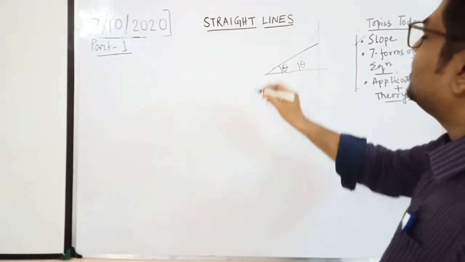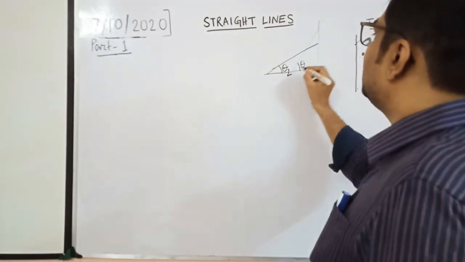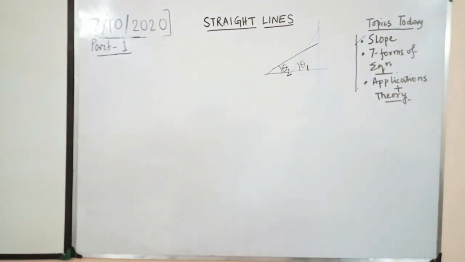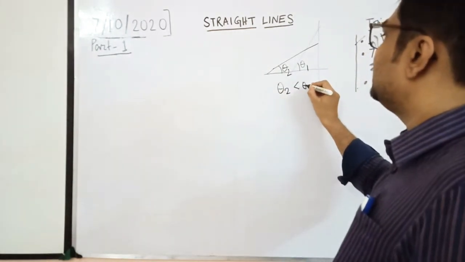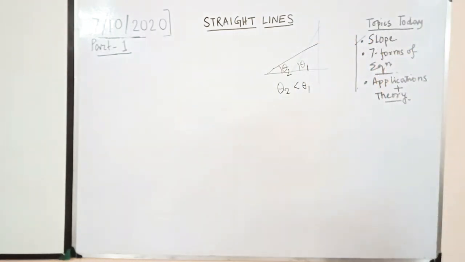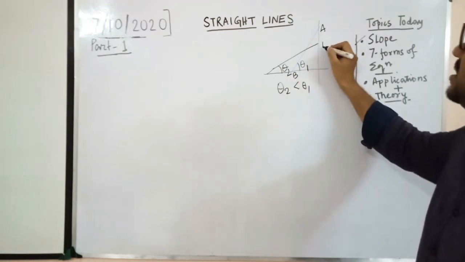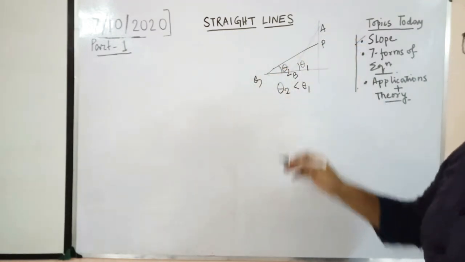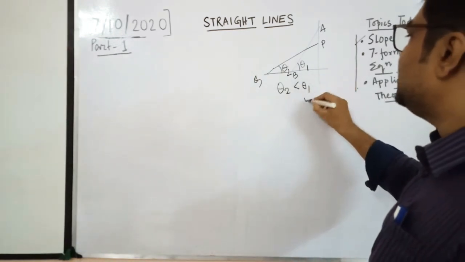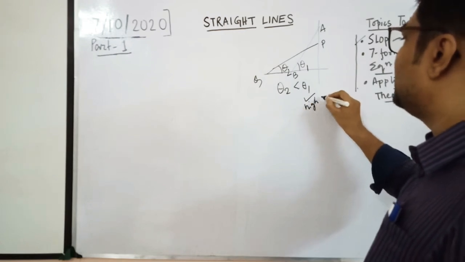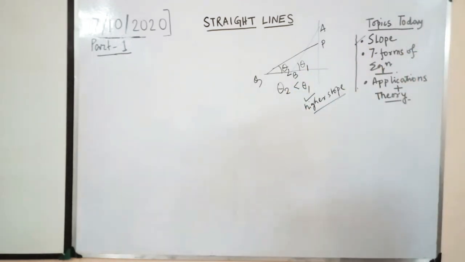So actually it falls down like this. So this is a different theta. If it is theta 1, this is theta 2. You can see here that theta 2 is lesser than theta 1. Theta 1 has a higher value. That means this is more steep. This line AB, and this is PQ. So AB is more steep. So we say that this is at a higher slope. That means as the base angle increases, the slope will increase.